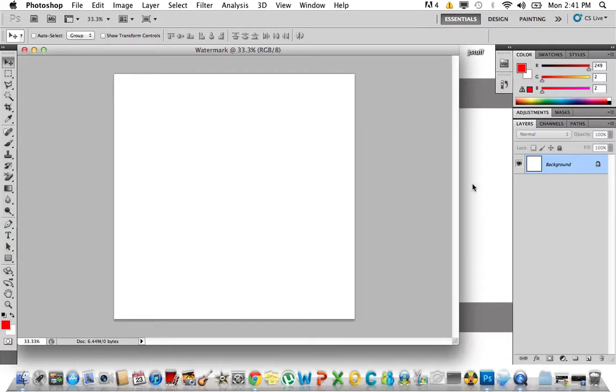Now, basically, I'm gonna start by doing layers. You want a background that's white or green, either works. For this tutorial, I'm just gonna keep it white. Now to create our watermark, you guys can do whatever you want for a logo. You may already have a logo, I don't know. But what you're going to do is open up the text tool,